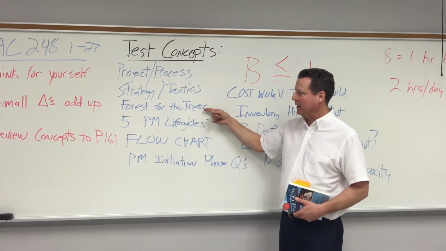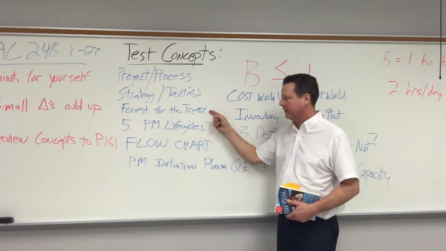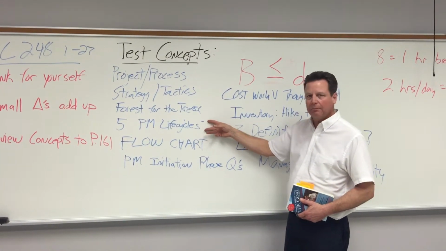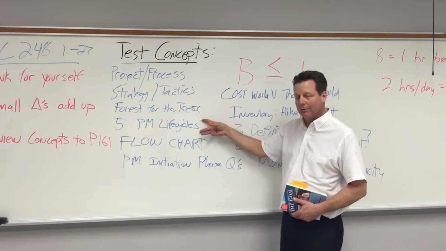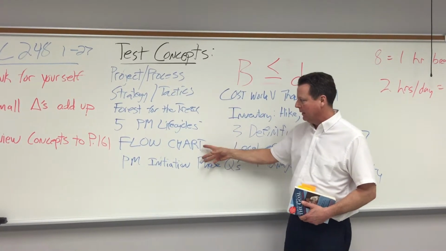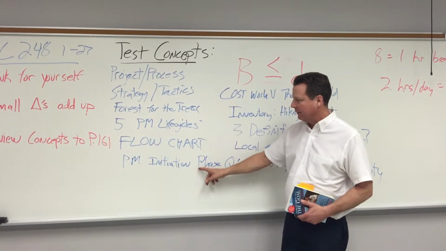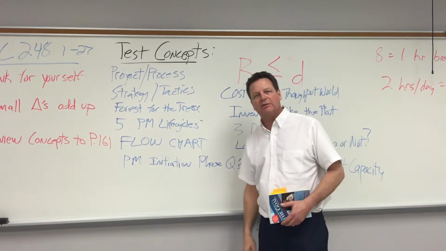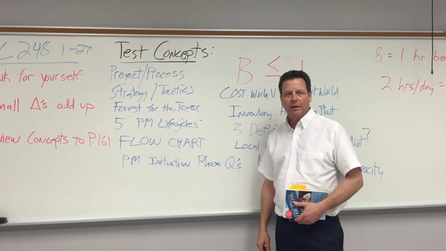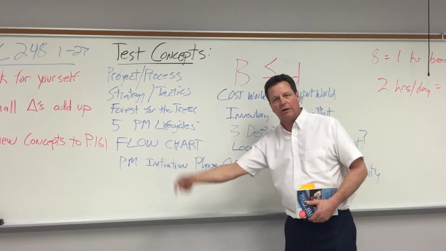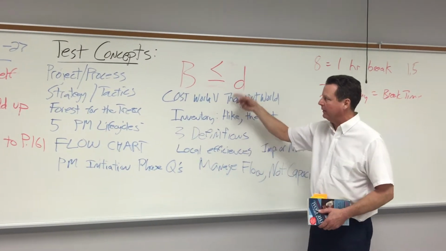So, understand and be able to tell me what the saying about the forest for the trees means in the context of what's going on in the Barrington plant. Remember the 5 project life cycles, what they are and what goes on in them in a very general sense. I'm not going to make you be granular here. Remember the CIM flow chart that's on the Blackboard page and the other documents that go along with the different project management life cycles. They follow these in The Goal. They just don't know that they're doing them. But all of those project management life cycles are present in The Goal, and they end up getting them into a process of continuous improvement.